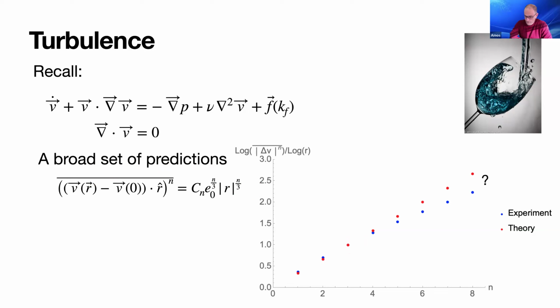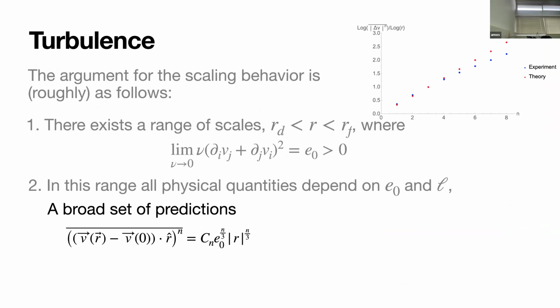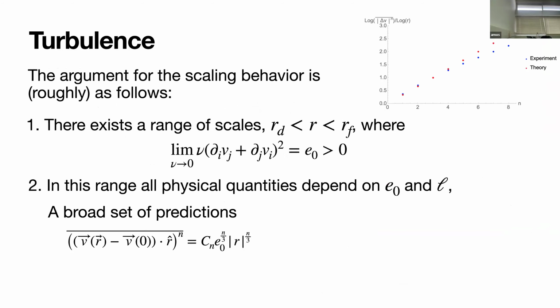Okay, so the challenge here is to try and figure out how to predict this. An experiment is numerics. There are some non-numerical experiments, but I don't think they go to very high values of n. So for high values of n, you need numerics, and you need very good numerics, because when you take larger and larger powers, you lose your precision.